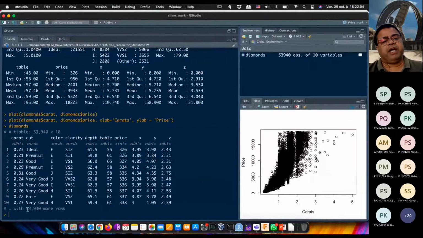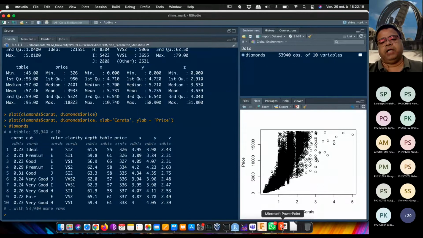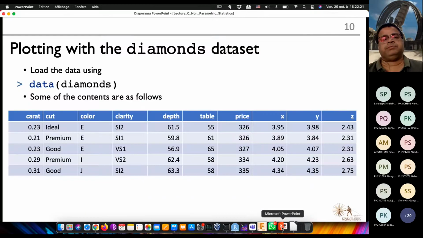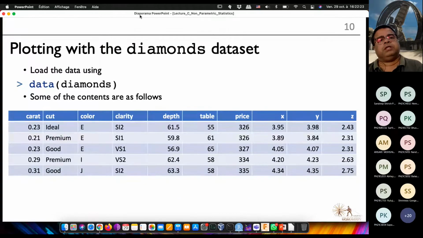It contains 53930 more rows. Okay, some few 10 rows are being displayed here. So much of data is present here. Okay, and we can do a lot of gaming with that data if you want. So let us see this is the content of the data, and